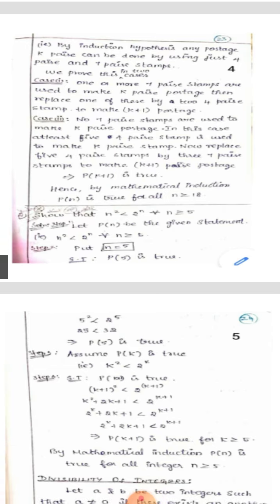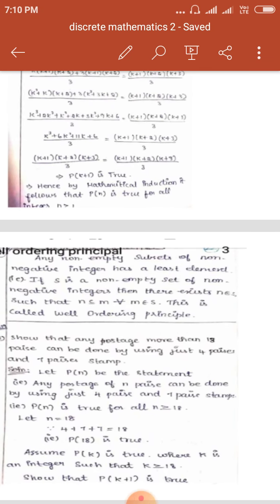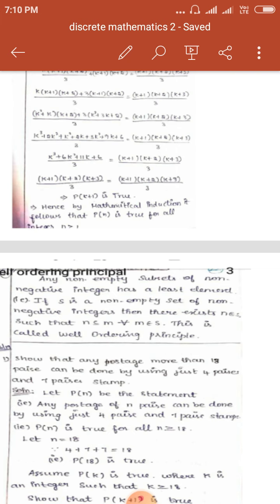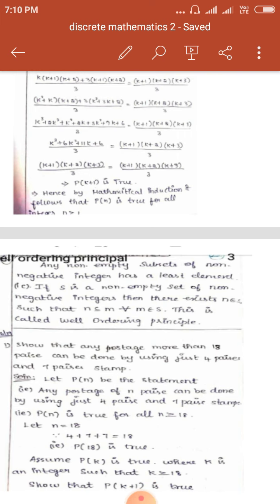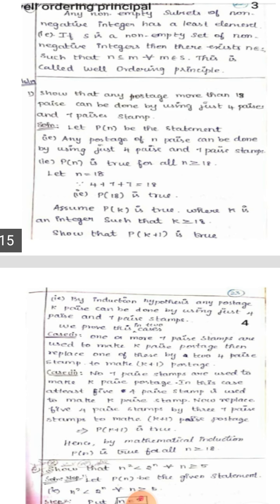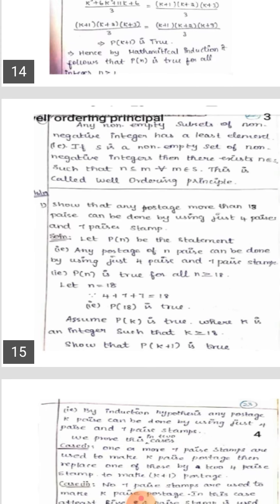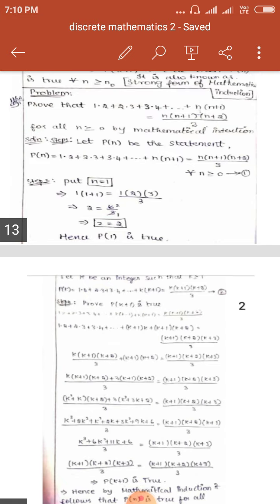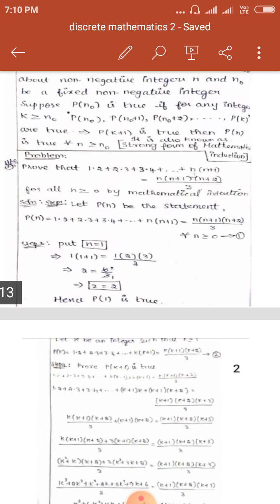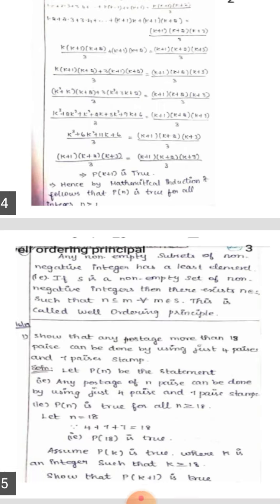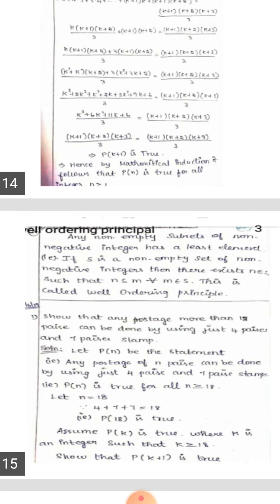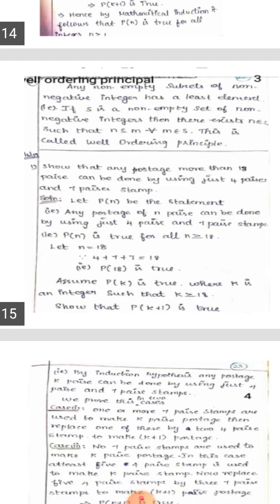Right, girls? So, girls, just go through the mathematical induction problems. In the next class, we will see still more problems in mathematical induction. Then only you will be able to solve them easily. If you have any doubts, you can ask me. Today I posted 2 separate videos. Just go through the videos, write all the theory part, write all the problems in your classwork row, and learn the definitions I have sent you. Learn the definitions and the properties, girls.